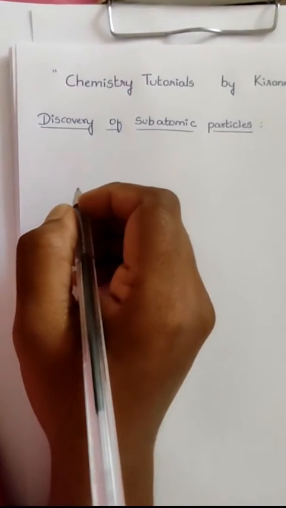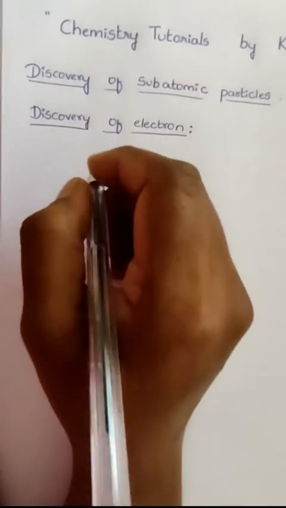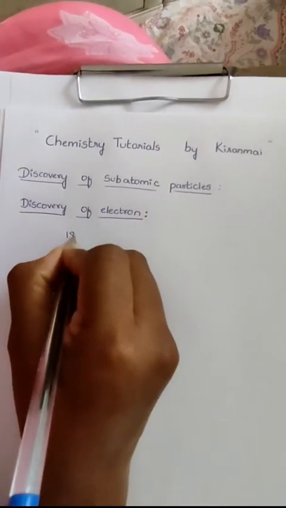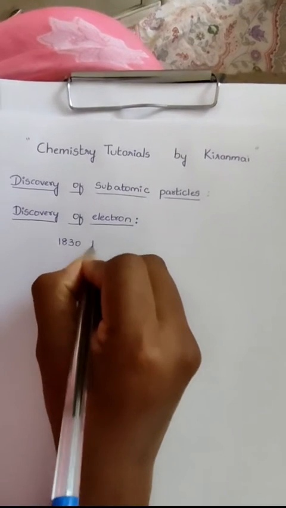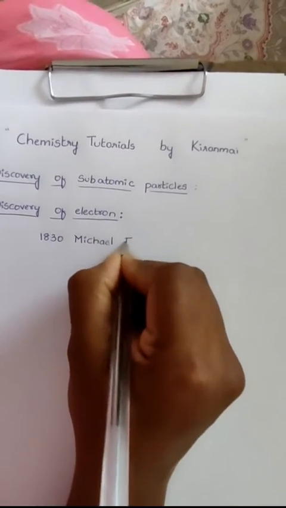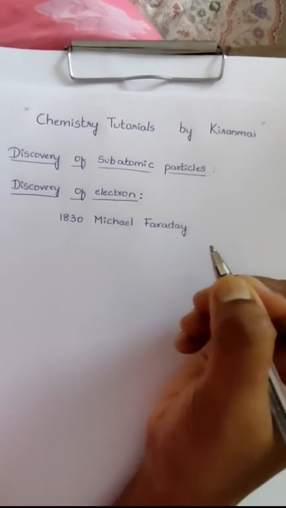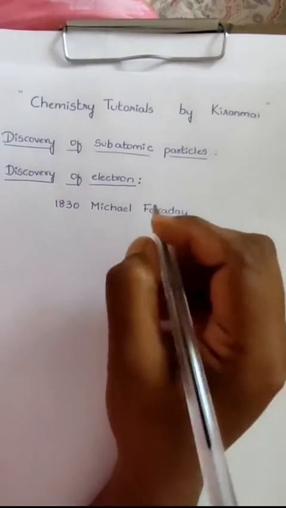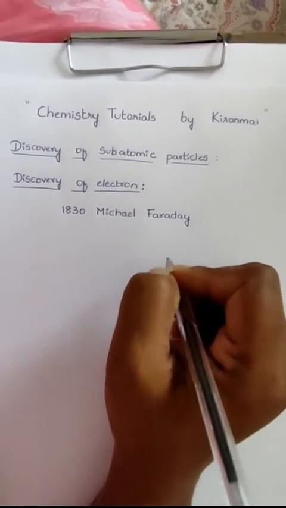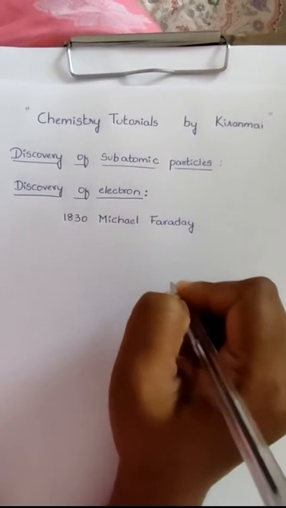First, let's discuss the discovery of the electron. In 1830, Michael Faraday showed that if electricity is passed through a solution of electrolyte, chemical reactions occur at the electrodes, resulting in liberation and deposition of